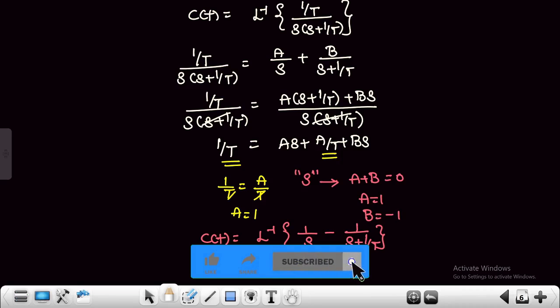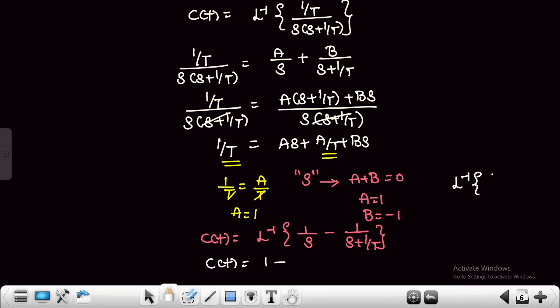That will be 1 minus, what is the inverse Laplace transform of 1 by s plus a? That will be e to the power of minus a into t. So you use that formula, then you are going to get here e to the power of minus a, where the value of a will be 1 by t, and t you are going to get. So what can we write? Finally, we can write